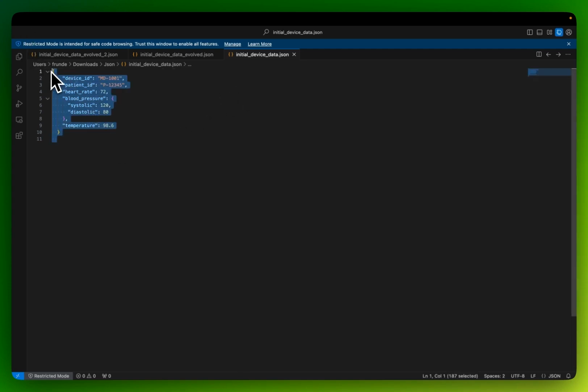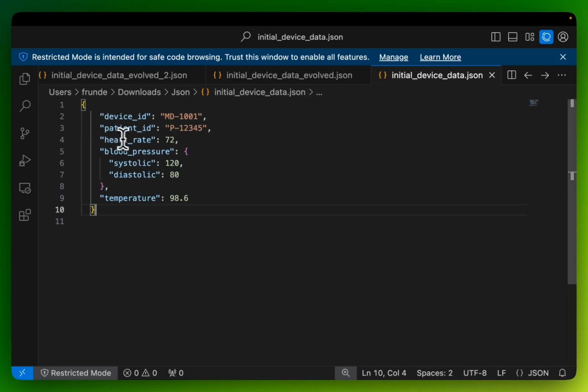Here is a scenario. We have a medical device. This device is going to send us a payload of JSON, something very common in the IoT space, med devices, med technologies, manufacturing, supply chain. You tend to get data coming in this format as JSON in a payload that could look like this. In this case, we have initial device data. It has a couple of attributes: device ID, patient ID, heart rate, and then we have a JSON with